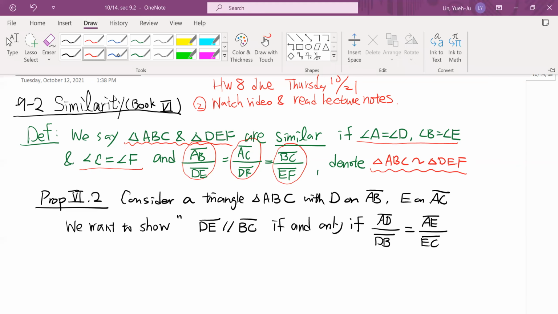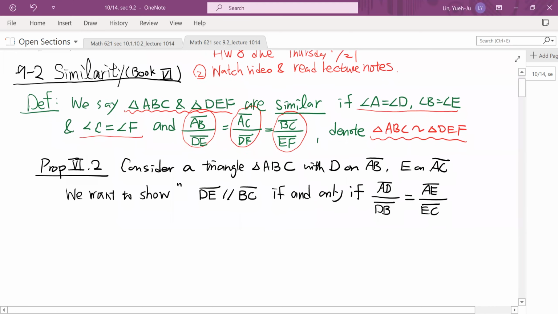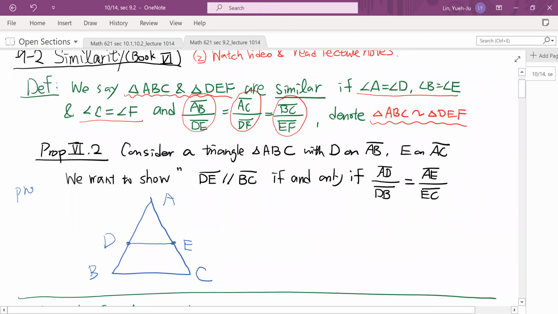Last time we talked about 6.2, which essentially tells you that if you have a triangle ABC, let me draw a picture here, and let's say you have a point D on AB, it doesn't matter where it is, and a point E on AC. We already did the proof before the exam, so you should go back and check your notes. We showed that DE is parallel to BC